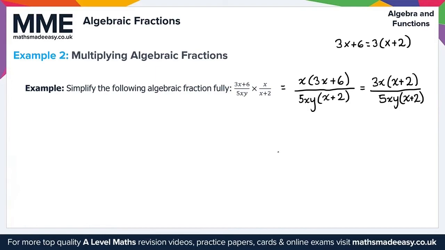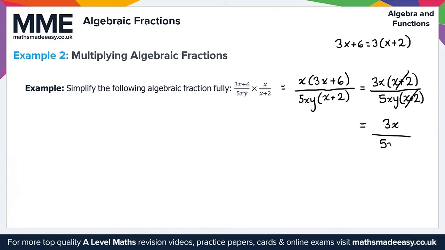Now in this case, we look at our numerator and our denominator and see if there's any common factors. And we can clearly identify here, we have an x plus 2 in the numerator and an x plus 2 in the denominator. So we can cancel those terms. So we cancel those appropriately. And what we're left with here is 3x